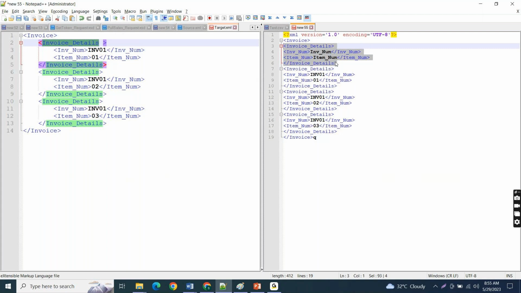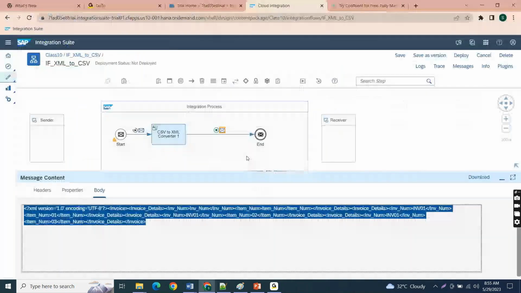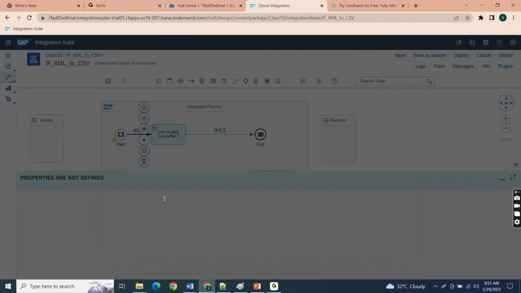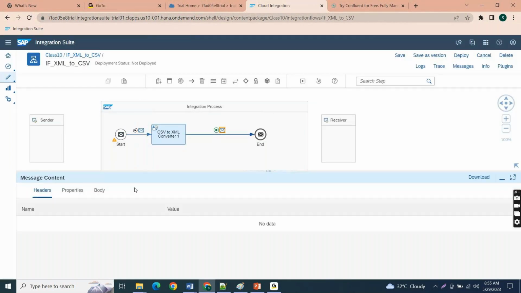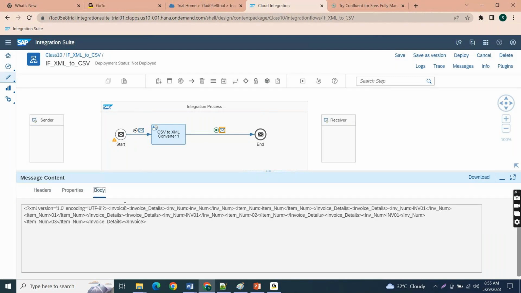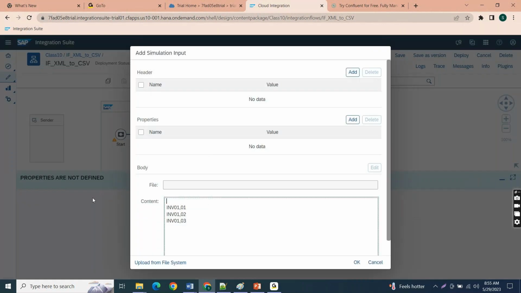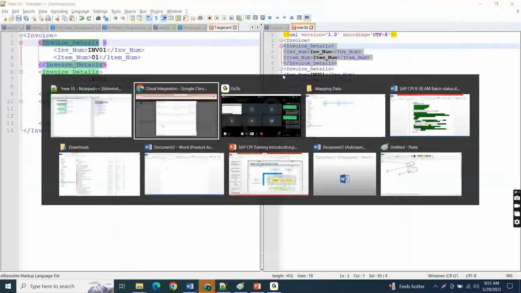So whatever CSV format we have, it is taking the first line item as a value, converting it and sending it to the target. You can see this value is also created. If we are not providing this value for the first line item, it will just take these values and create the XSD without any issue. See here,